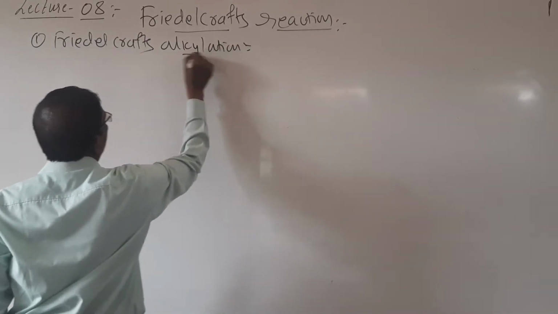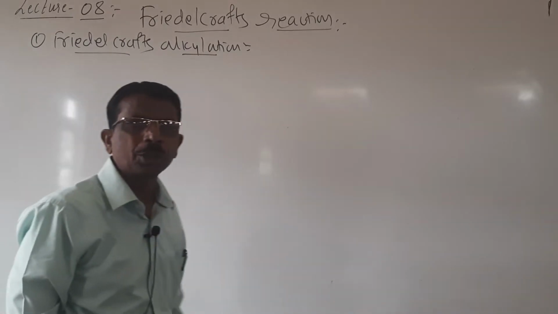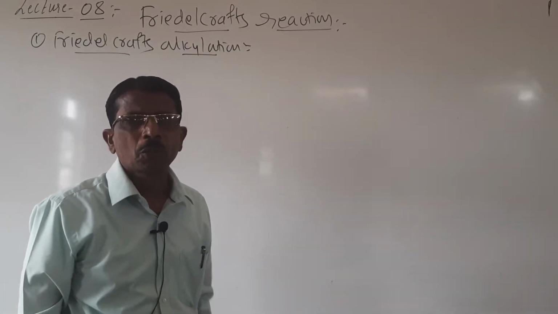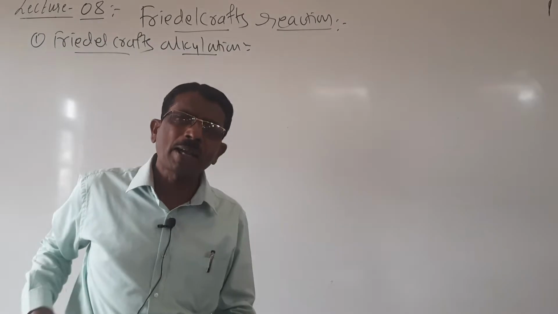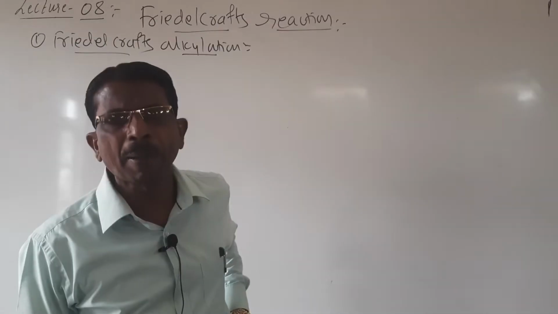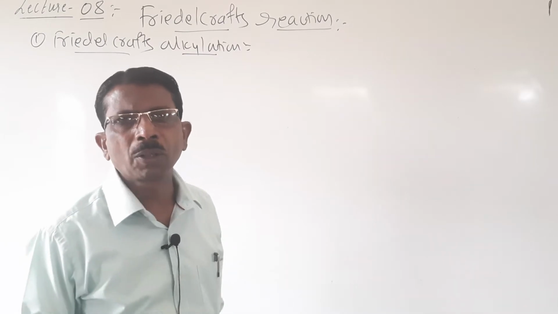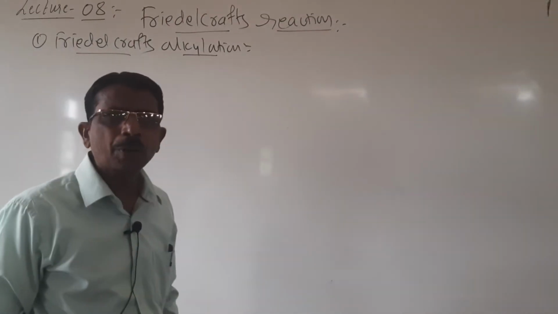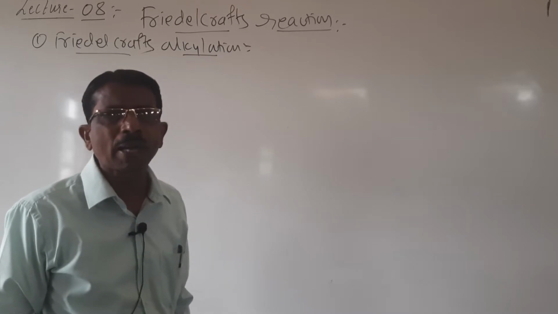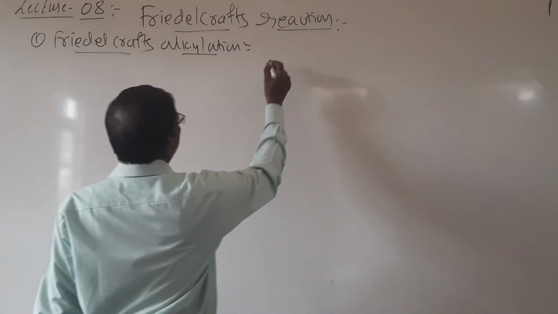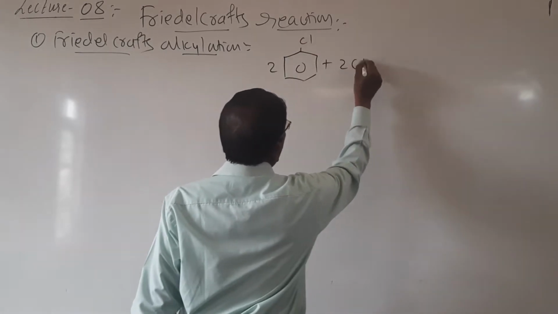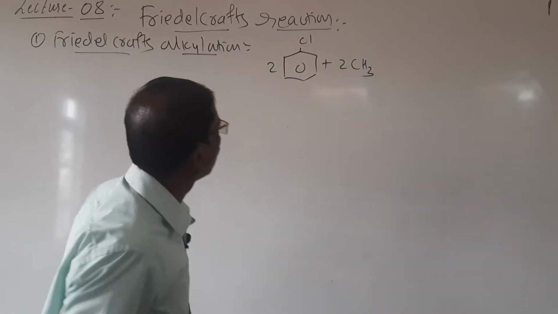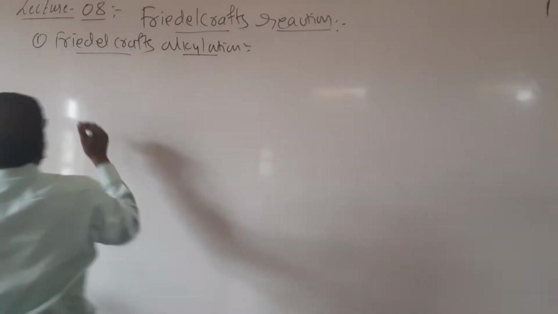Friedel-Crafts alkylation. So what happens here? When chlorobenzene is treated with methyl chloride in presence of anhydrous aluminum chloride, it forms ortho and para product. So here in alkylation we have to treat it with methyl chloride in presence of anhydrous aluminum chloride. So look here students, when this chlorobenzene is treated with methyl chloride,